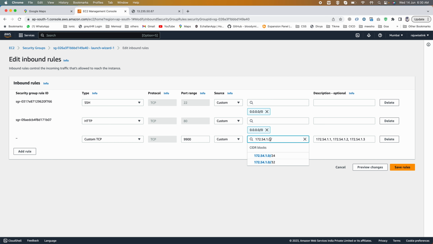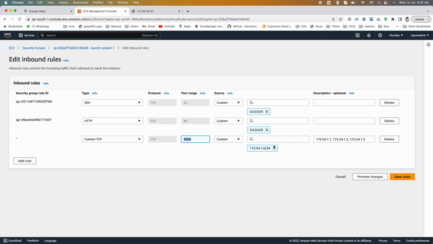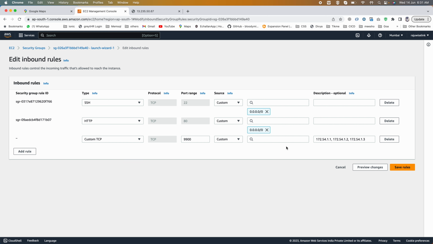If you give slash 24 here, it will allow all the IPs starting from 172.54.1, and the last part can be any number. So it will allow 1 to 255. All this pool of 255 IPs will be allowed using port 99000 for my EC2 instance. This is something you need to understand. But if I want to allow all the IPs which start with 172 and 54, and the ending 2 parts can be any number, then I can enter